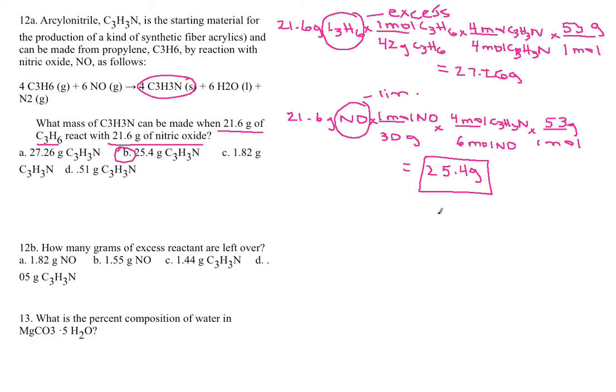So I'm going to do it the typical way that I showed you guys in class. I take these 2 numbers, 27.26 and 25.4 grams, and subtract them. Okay. As you might remember, and I didn't correct this. I hope I corrected on your guys' papers. I don't know if I did. Maybe, maybe not. Anyways, this value, 1.86 grams, is what you get. Don't fall into my trap. This is 1.86 grams of C3H3N. I now need to convert into my excess reactant because that's what it's asking for, okay, which is C3H6,